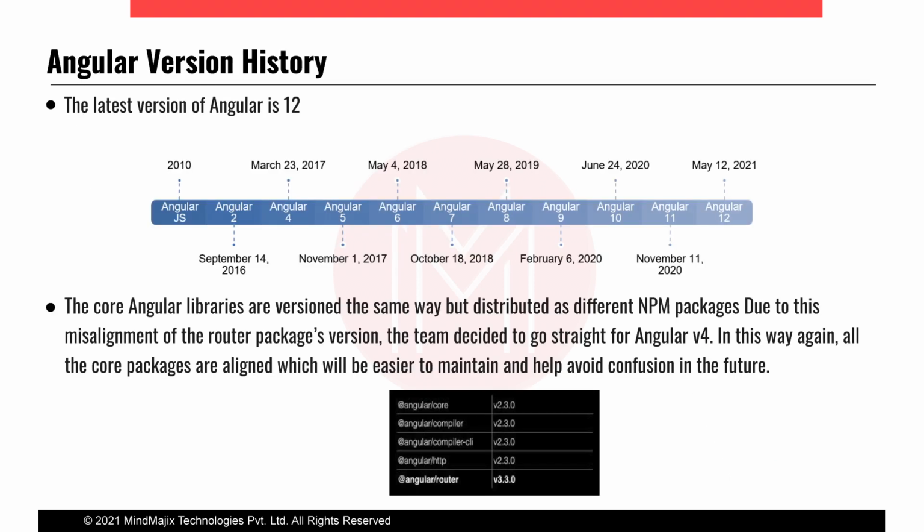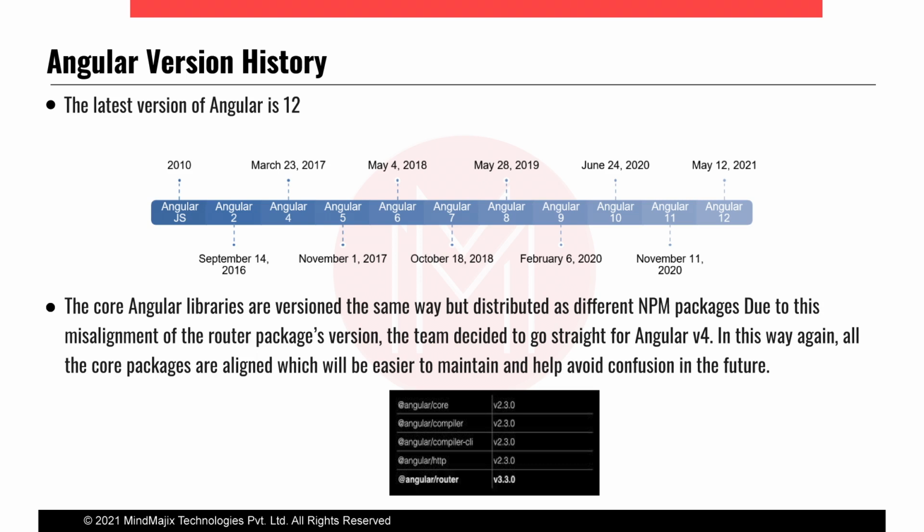Coming to the history. Okay, so the latest version of Angular is 12, and it's still rolling out. Okay, not stable, it's still rolling out. And as I said, it was started in 2010, 16, 17. So these are the dates when those versions were released. Okay, so if you see the versions, basically